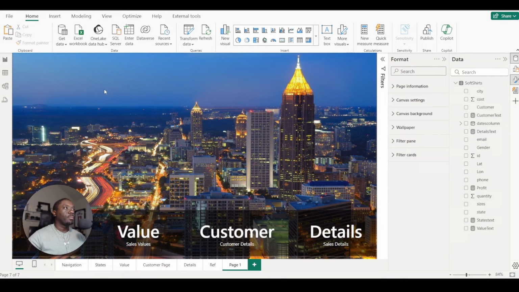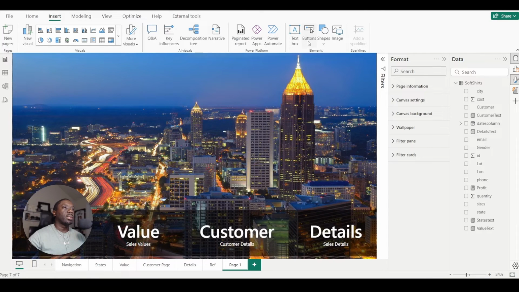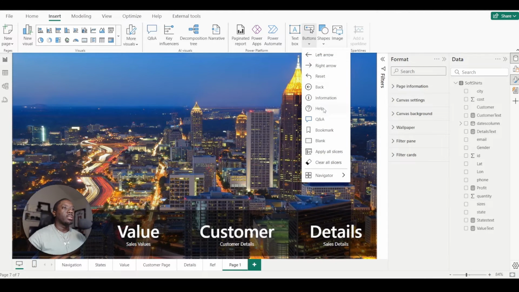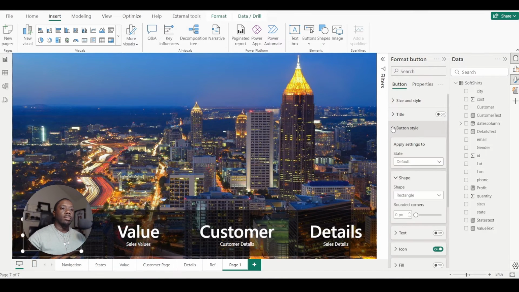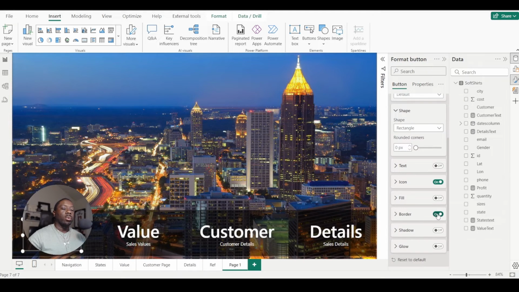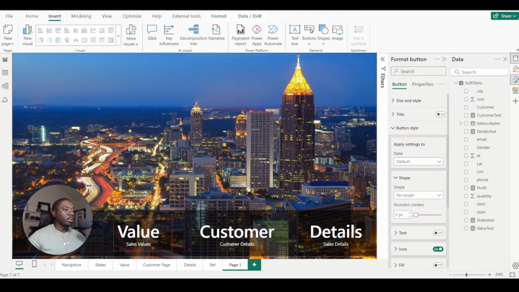Now the last step here is adding the navigation buttons, and we're going to go to insert and buttons, and then we're going to look for blank. So we're going to add in blank. So as you can see, there's blank, and it gives us a border around it, but we don't want a border around it. We want it to be absolutely blank. So we'll just come here to our button style, and we're going to get rid of the border. All right, we'll turn that off, and now you can see that it's off. And all we'll do now is just duplicate this across each one of these. If you got to stretch it out,